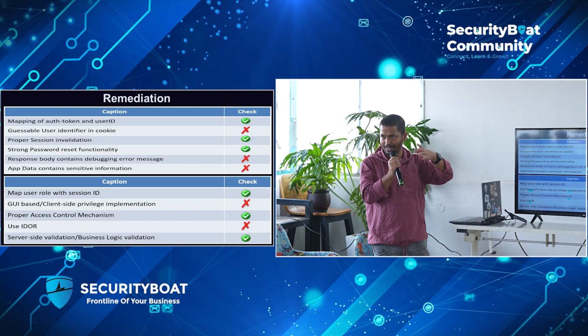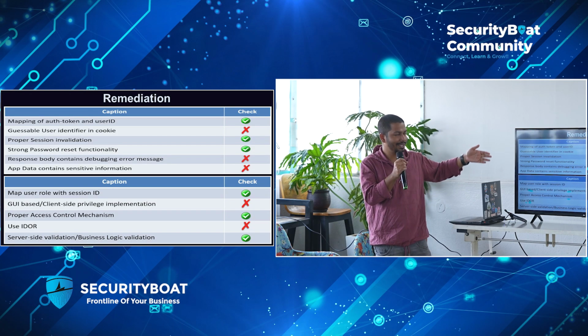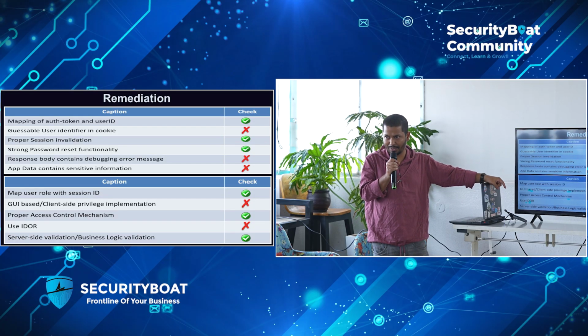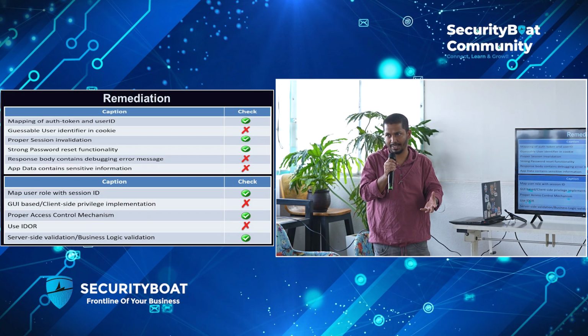So you might say, we are thinking like hackers, why do we need remediation? The fact is, when you identify something, you have to tell the developers how to fix it. If you are working at a company, you have to write full remediation steps. If you are submitting a bug on a bug bounty platform, there also you have to give remediation statements. So you also have to understand how to fix it.